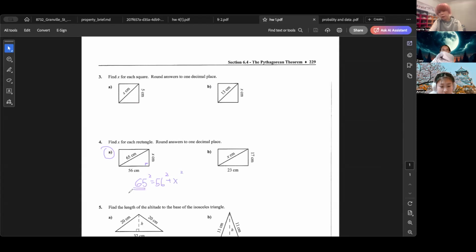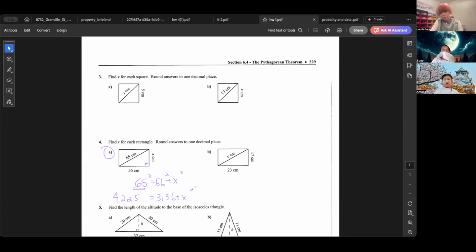So Amelia, how to calculate 65 squared? You probably can say, on my calculator, there's no square. No, you can do 65 times 65, because squared equals this number times itself. So equals 4,224. The same thing, you can do 56 times 56 equals